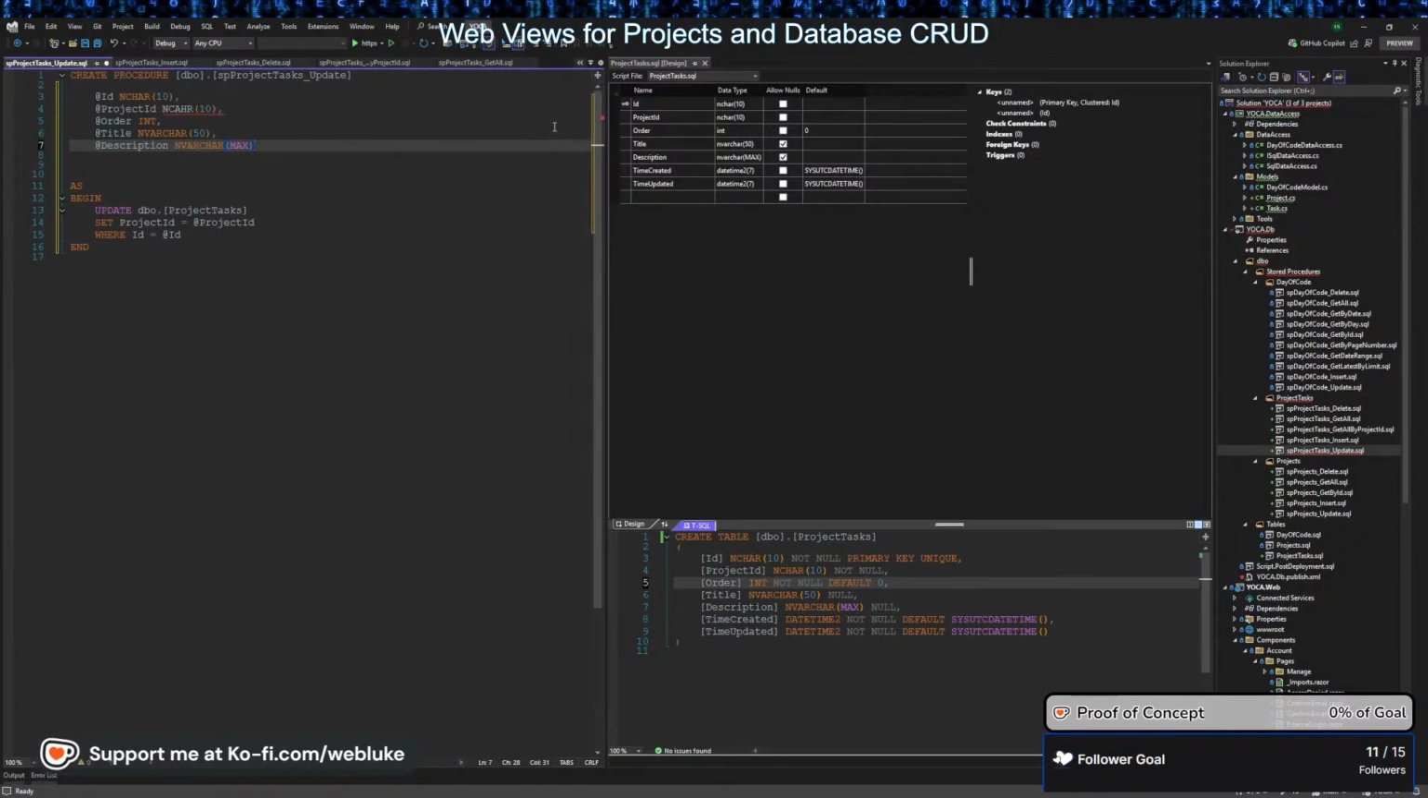Now it's getting it. It's interesting. It knew that these all needed the brackets, but